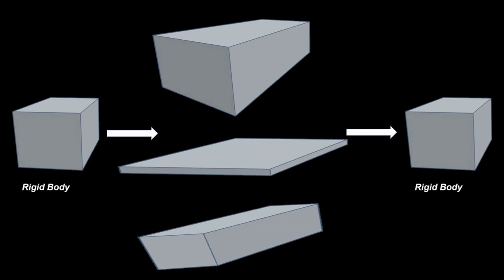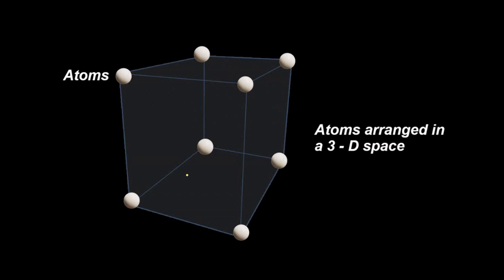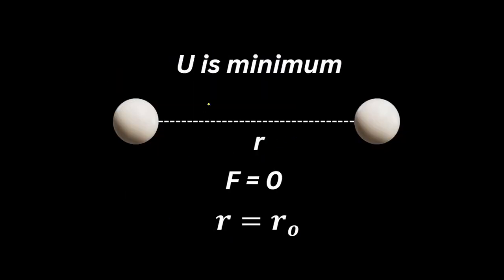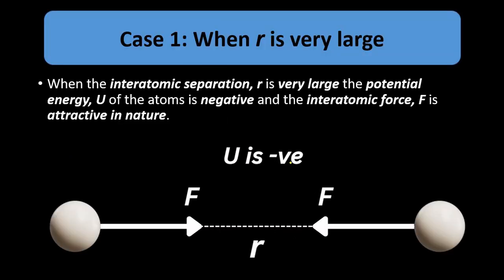So we can visualize the object as a collection of atoms placed in well-defined positions in a proper geometric pattern, with a certain separation distance between them initially undisturbed, which is called the minimum potential energy equilibrium separation. This is called the equilibrium separation gap. When the external deforming force disturbs the position of the atoms, whether they go away from each other or towards each other,